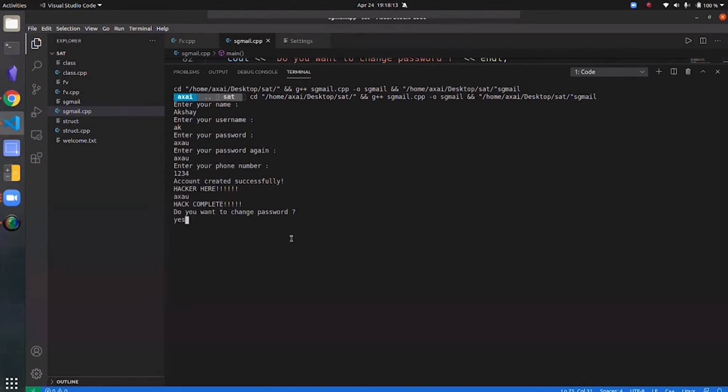So let's see if he can do the same thing after I change my password. My old password at this point, even the hacker knows. So let me try and see if we can do the same thing even after I change my password. So again, we can see here that he was able to access my new password as well.